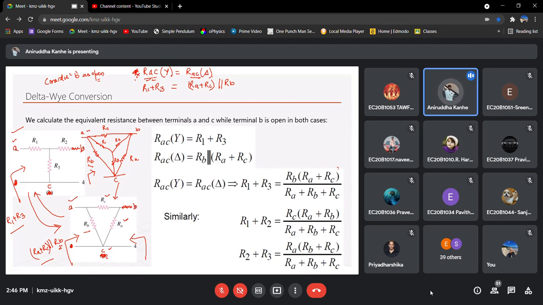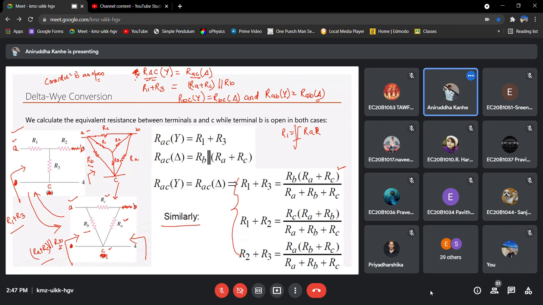So that is what is written here. Similarly, you can write the equation for BC, and for AB also. So RAB of Y must be equal to RAB of delta. Now you have to use these three equations and manipulate them in such a way that you get R1 as a function expressed in terms of RA,